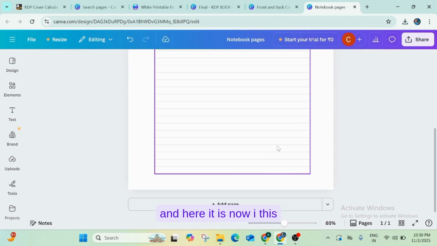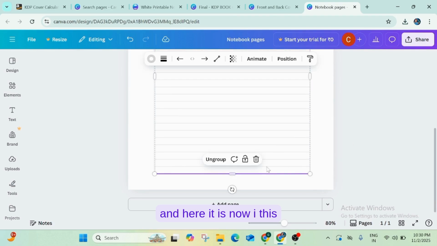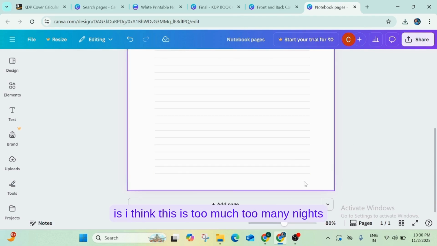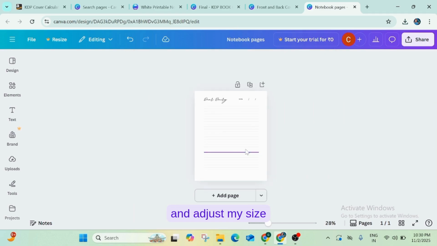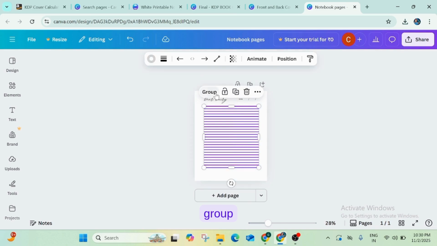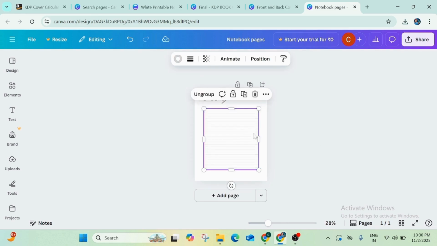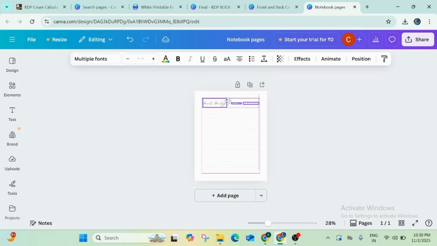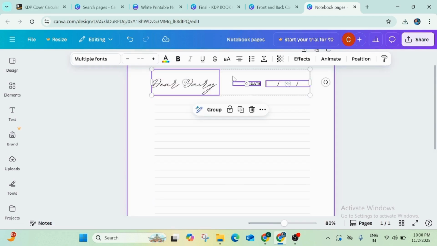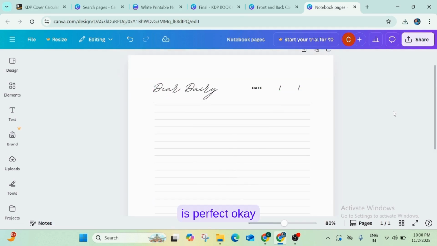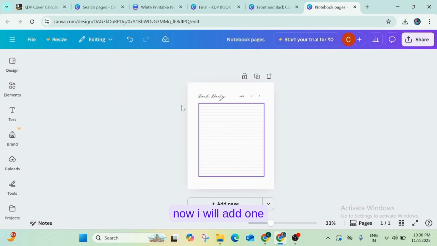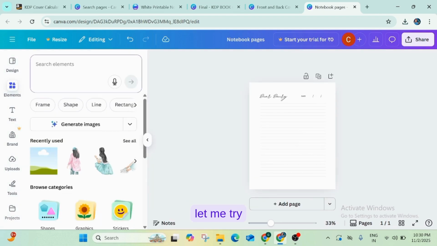Yes, and here it is. Now I think this is too many lines. I will remove the first three lines and adjust my size. Group them. This is perfect.